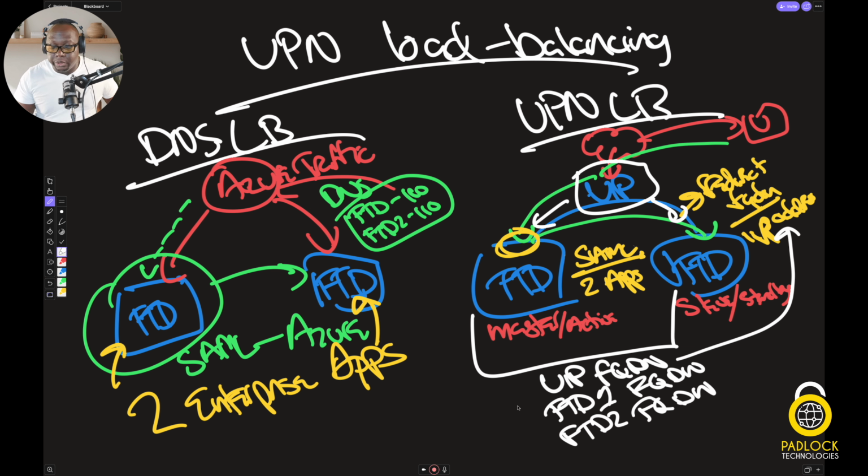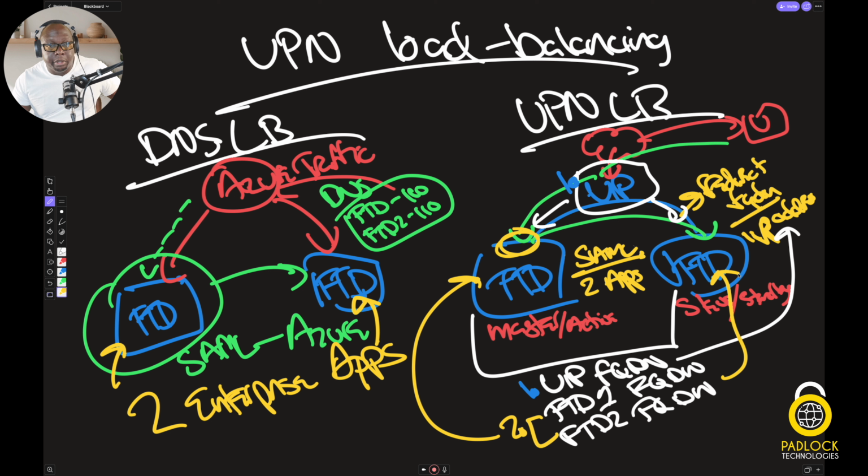So the first thing you need to do is go to www.vpn.whatever your domain is.com. And then behind the scenes, it's going to push you to one of these FTDs, and you need to trust the certificate that that FTD is going to present as well. So if you look at it from an order of operations, 1, you go to the VIP, right? And then when you get pushed to whatever FTD, one of these is going to be the second certificate that you're going to get. That has to be signed by a public CA as well,